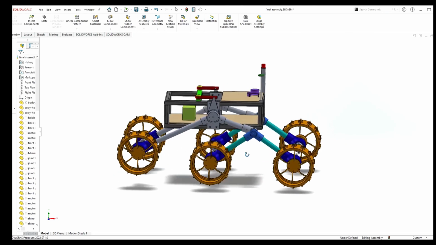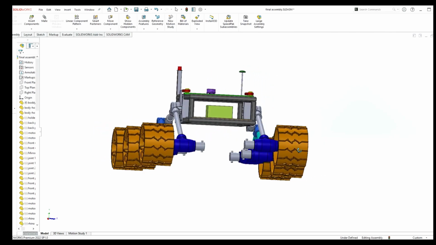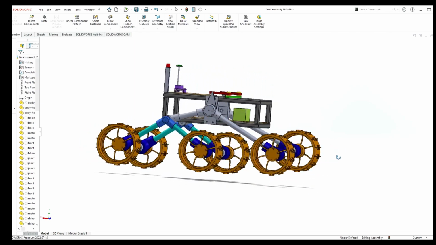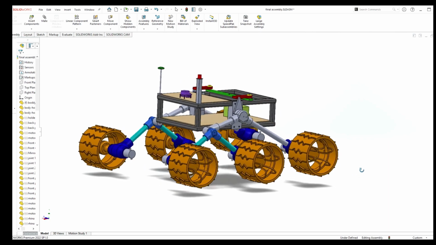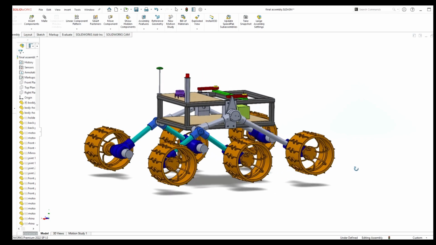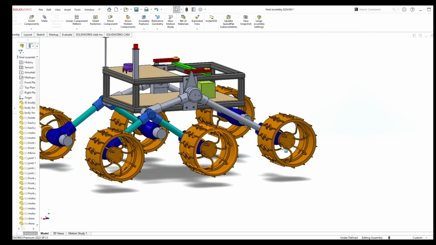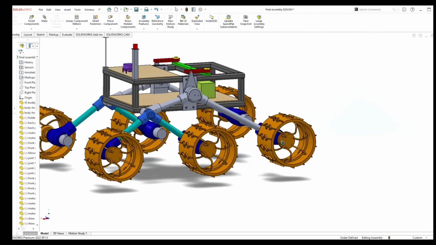This is a six-wheeled rover which uses rocker buggy suspension mechanism for movement. The key principle of rocker buggy mechanism lies in its ability to adjust the position of the wheels to adapt to the terrain. When the rover encounters an obstacle, such as a large rock or a steep incline, the suspension